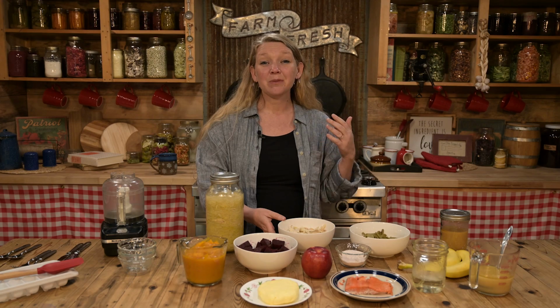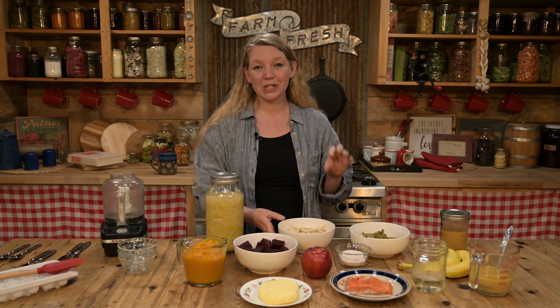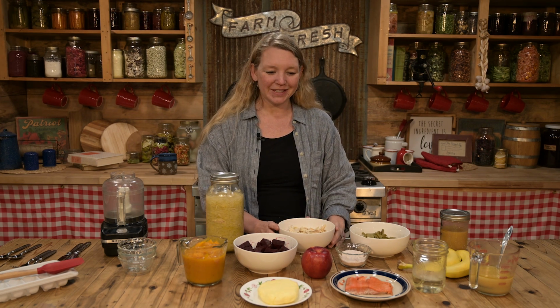Grass-fed beef, grass-fed lamb, and probably one of the easiest things to get that is super, super rich in all sorts of great nutrients for your baby is really good quality egg yolks. That would also count. Pretty much as important as good protein sources with iron in it comes really good fat